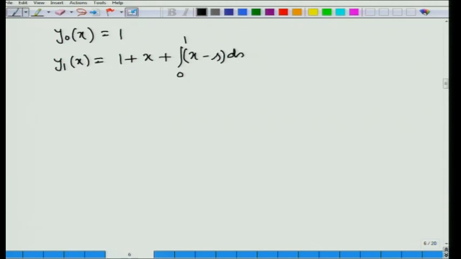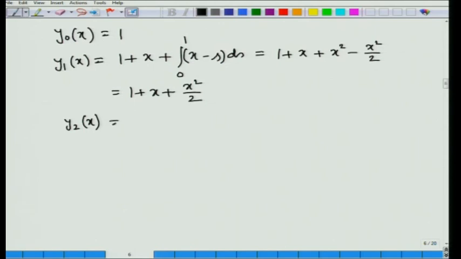This will be only the expression, and here we can find that 1 plus x square minus x square by 2. So, this is coming out to be 1 plus x square by 2, and then y2x